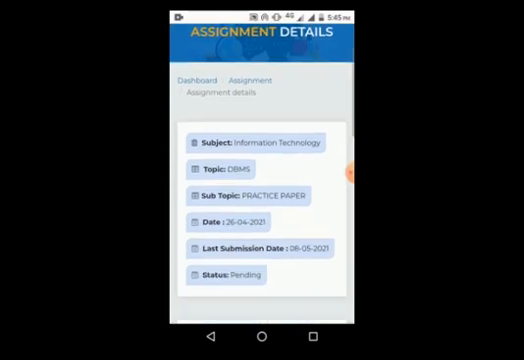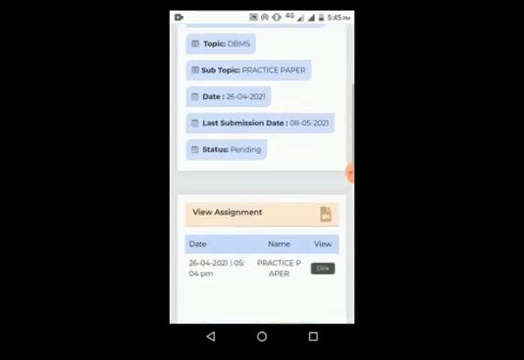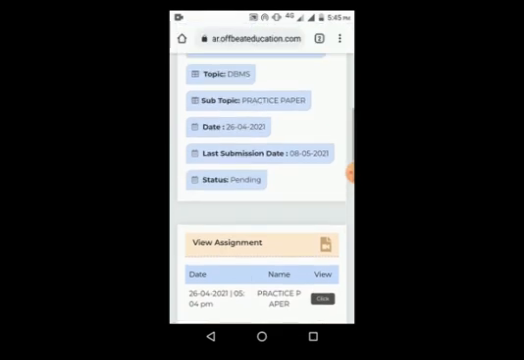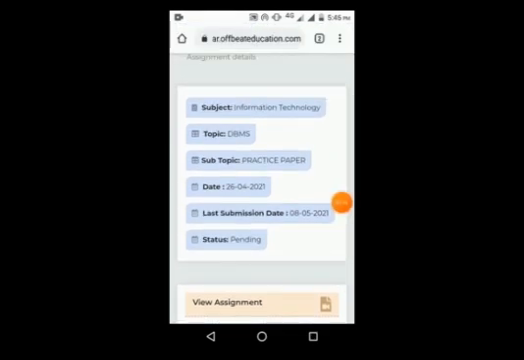If you click the upload button, you can see one window will look like this. Here you can see the details: subject is information technology, topic is DBMS, subtopic is practice paper. My teacher posted this assignment on 26th, and the last submission date is 8/5/2021.